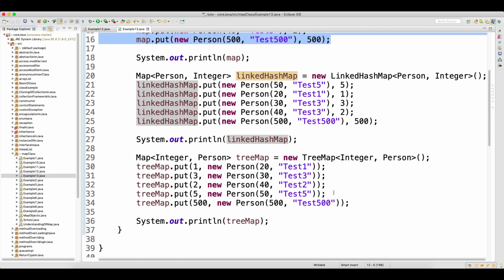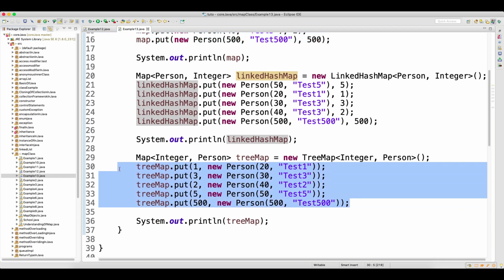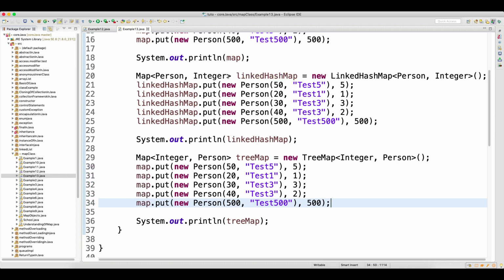Same thing, copy from here and paste it in the tree map also, and change the reference. You might be thinking why the error is not coming below. Because the reference is map, guys.